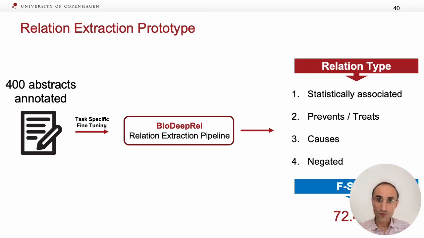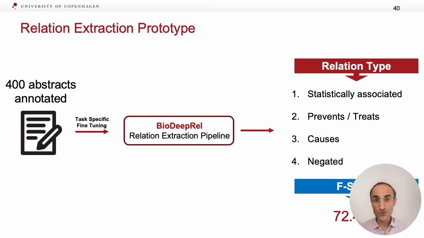As you can see, performance evaluation results for distinguishing between 4 different relation types between disease and lifestyle factors are really promising. And we even want to go further and distinguish between positive and negative statistical associations, because it is important, and the positive association means increasing the risk of a disease, and negative association means decreasing risk of a disease. And also we want to distinguish between prevent and treat relation, and then finally we will have 6 different